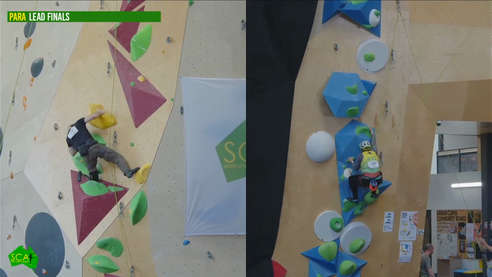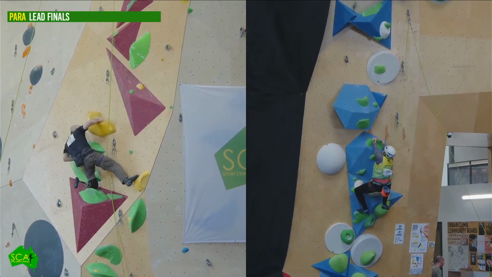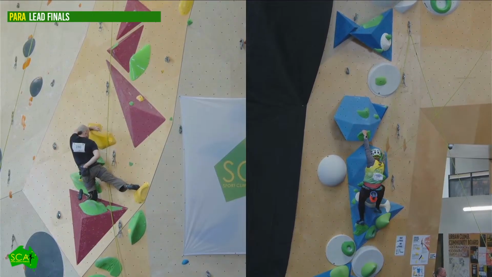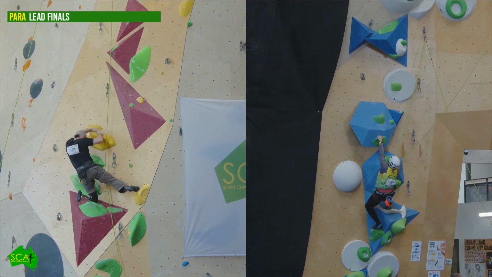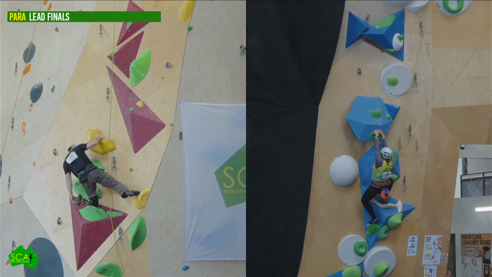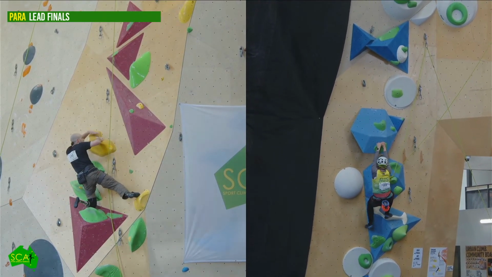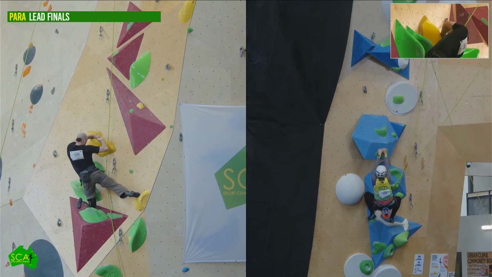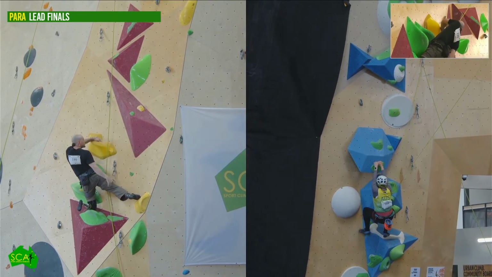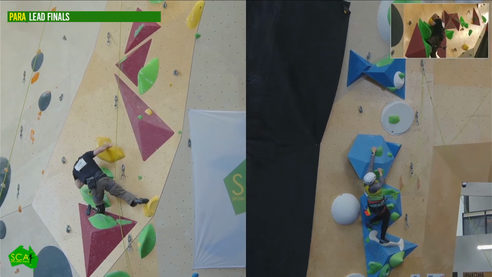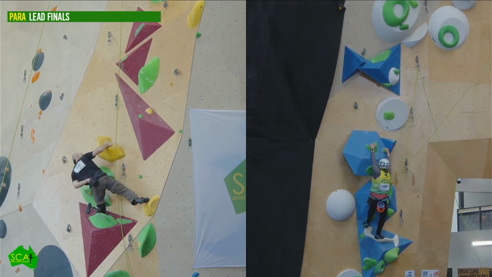Got the knee in good there. Nothing wrong with a bit of knee action. The next green and yellow look a lot more positive. Eddie's moving. Come on, Eddie. Eddie doing well. Samuel just trying to get a little bit back. He moved very efficiently down lower, but maybe at the cost of a little bit of energy, shaking out those arms. Come on, Eddie. Eddie looking good.